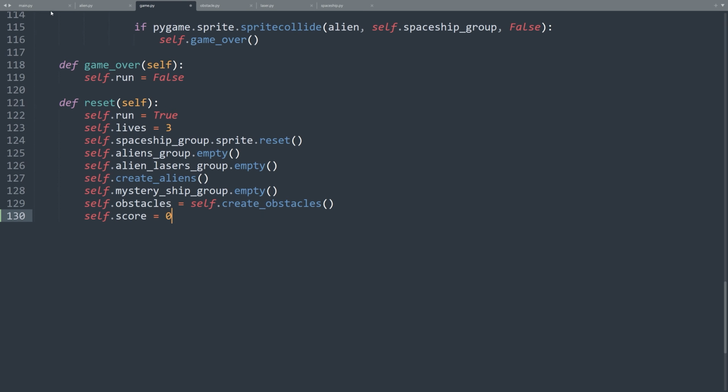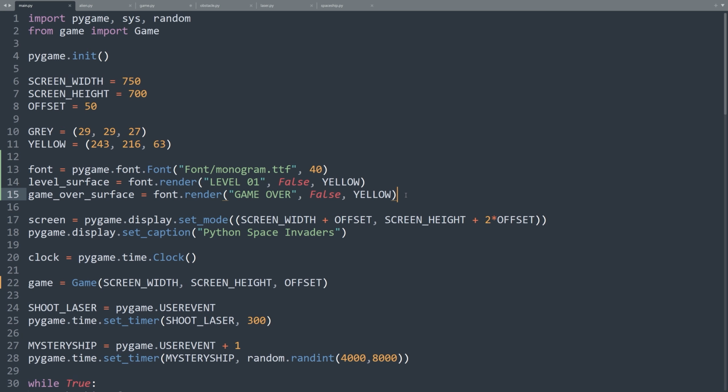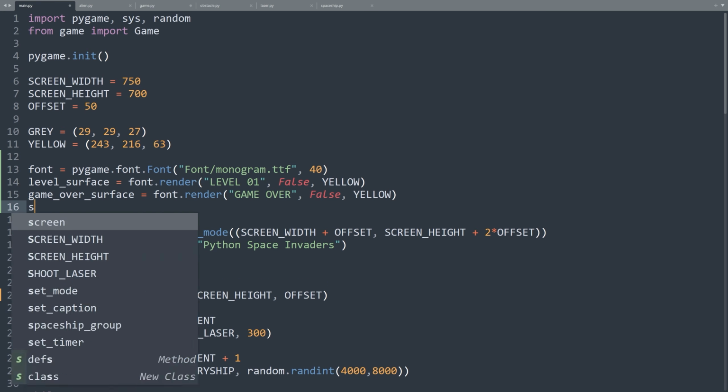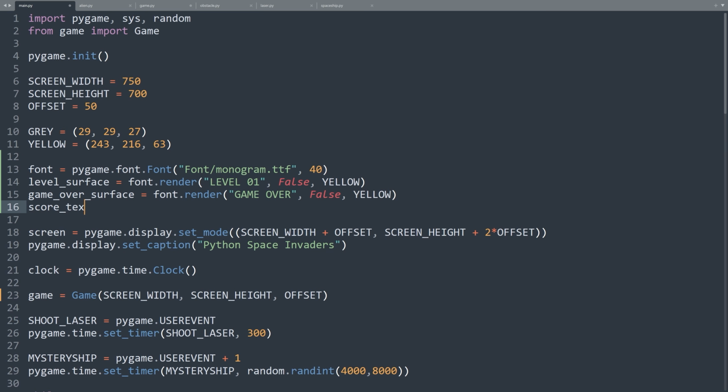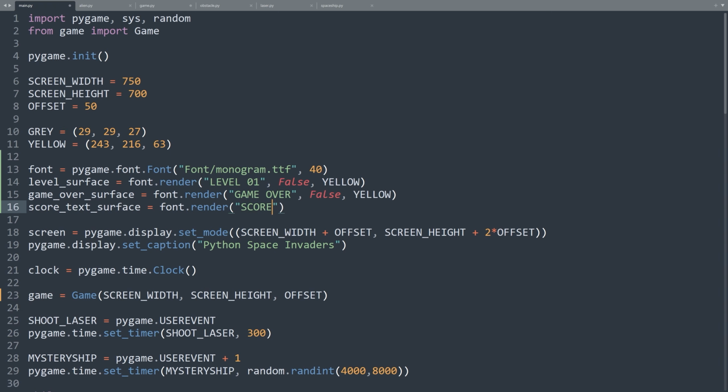Okay, now let's go to the main file and create a score surface to display it on the screen. First, let's create the text score. Just like before, we type score text surface is equal to font.render parentheses "SCORE", comma, false, comma, yellow.